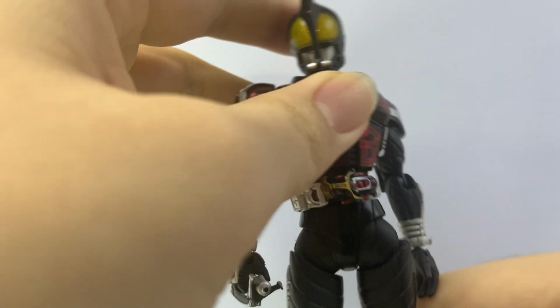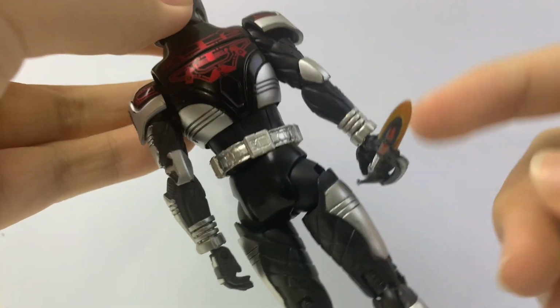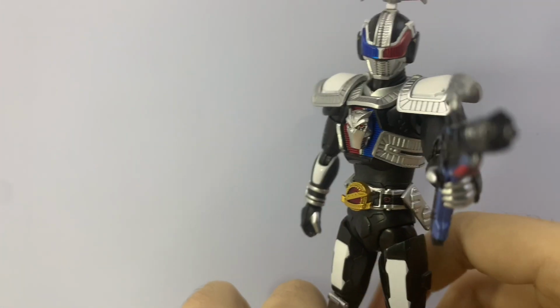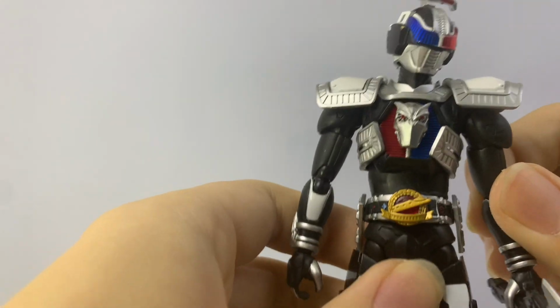Nice bootleg all around, nice articulation. This is excess plastic that you can just cut off with one of them clippers. So yeah, G Den-O from that one movie. What can I say? I love collecting obscure Riders, I guess. But yeah, this one's